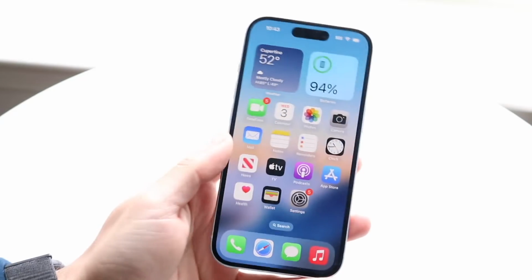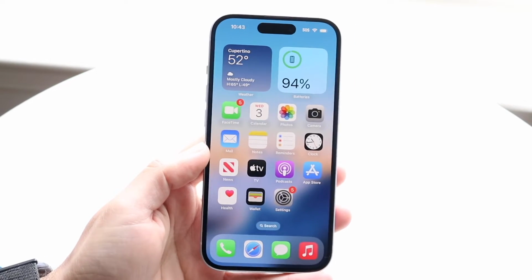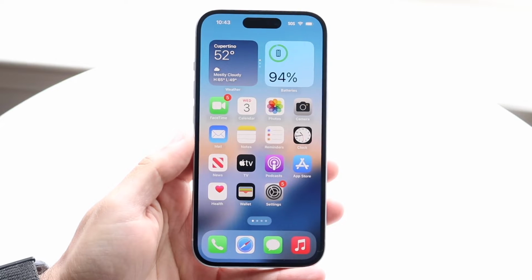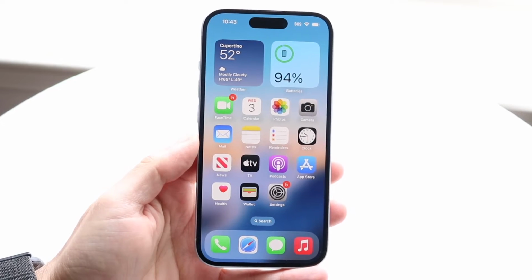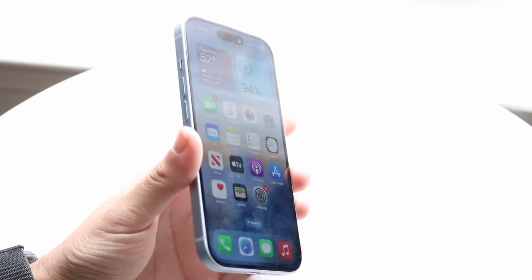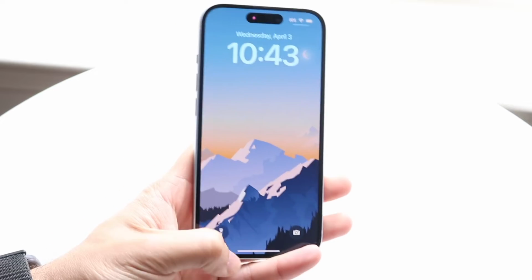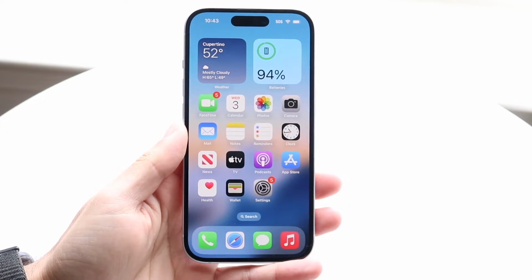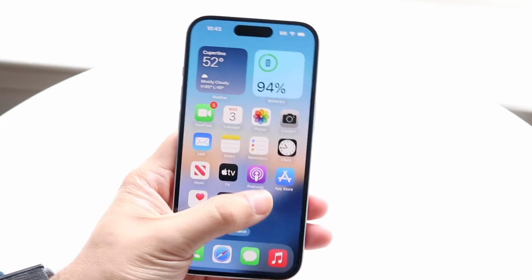So you might be in a situation where you want to go ahead and fix your blurry wallpaper on your particular iPhone. Now, this could mean a couple of things. One, it could mean that as soon as you unlock your iPhone, you get a blurry wallpaper like this. If that is the case, all you're really going to have to do is make your way over